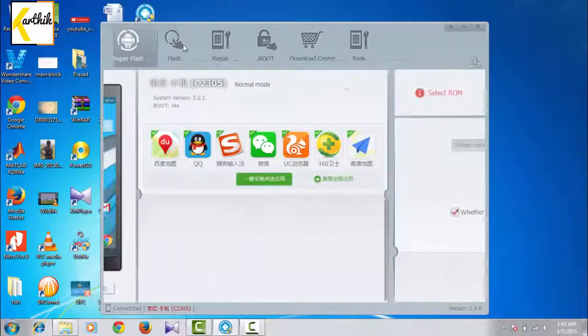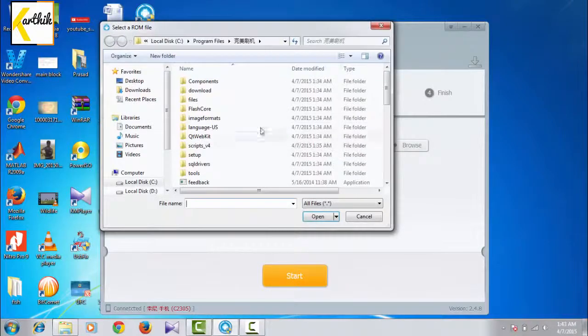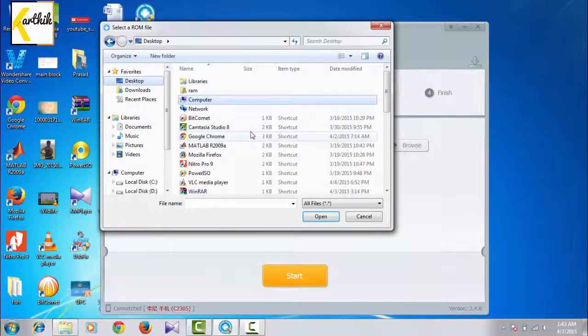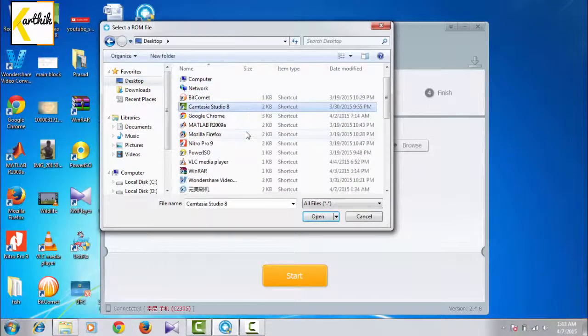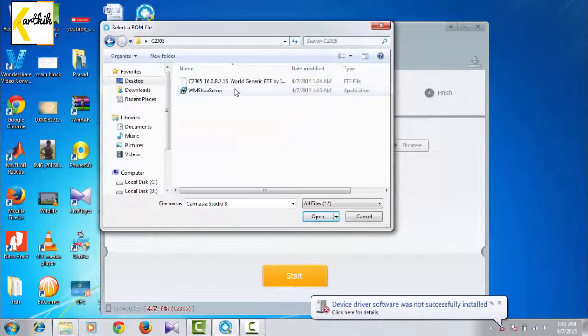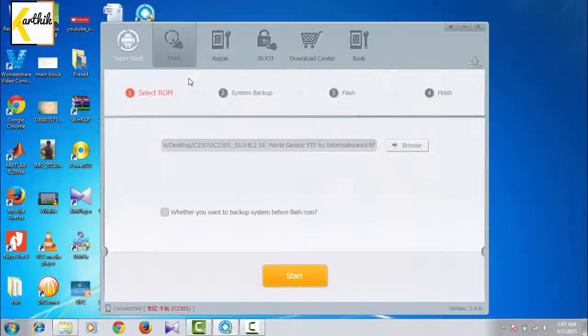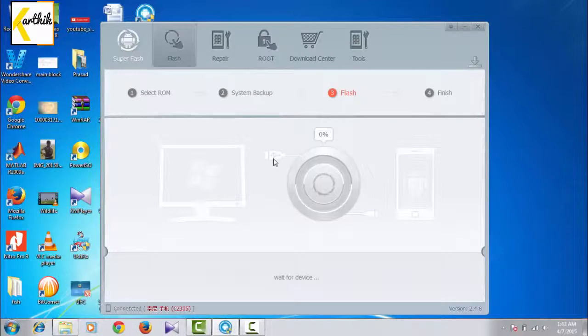Then just click on flash, remove the tick mark there, click on browse and browse to the FTF file. Remember you can get the download link for all the required files in the description of this video, and the ROM will load like this.